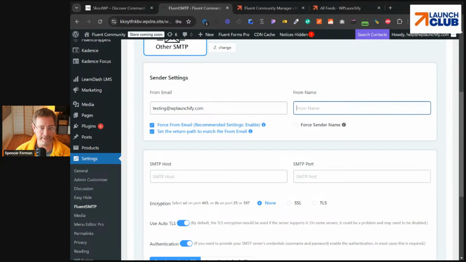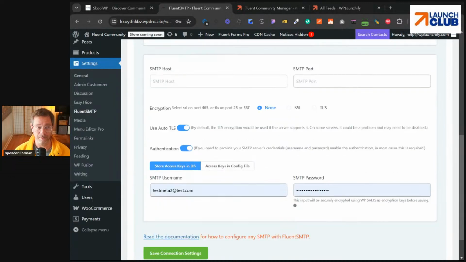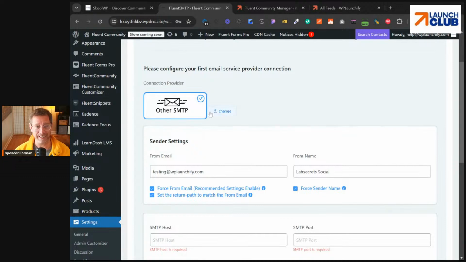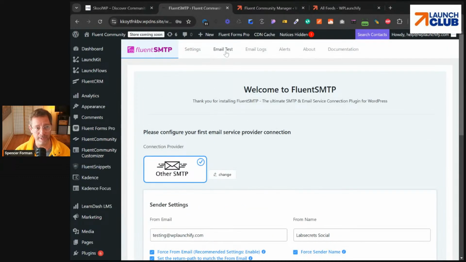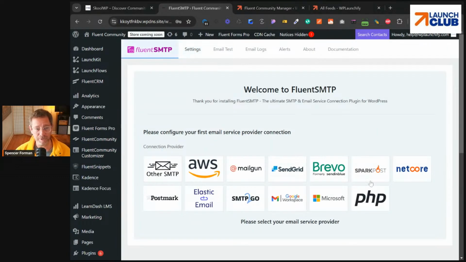Okay, so, and I'm going to say here, Spence Social Network, or Lab Secrets Social, and I can force the name. By using the trap, I don't have to set up a real SMTP until my client or I am ready to do so. So I'm saving effort here. I'm just saving this information here for now, but I'm not actually going to connect to anything. Instead, what I'm going to do is I'm going to go into settings, and I'm going to turn on,